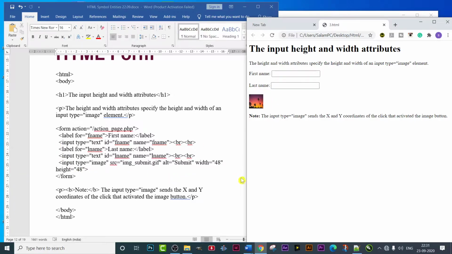So this way we have used this two times for first name and last name. Then we have used an image source. You can see the width and height are the same, it's a square. Now we have closed the form tag. Then we have written a small last para. So what does this para say?